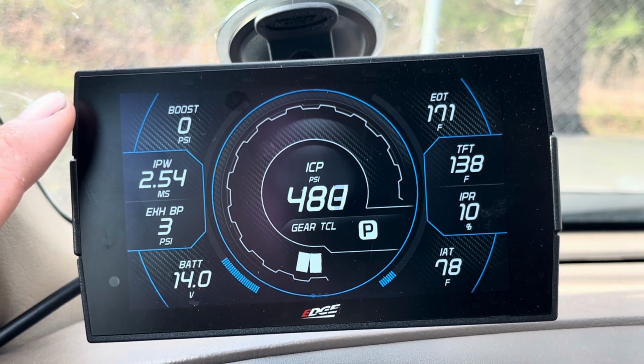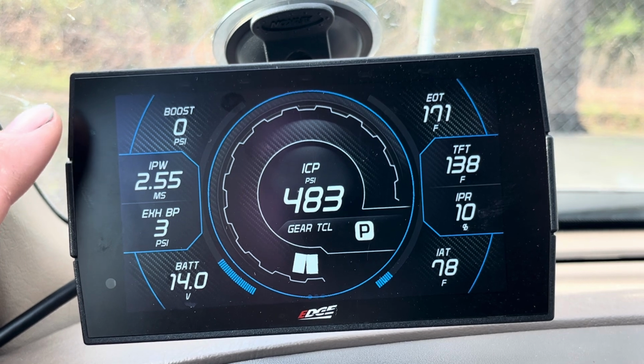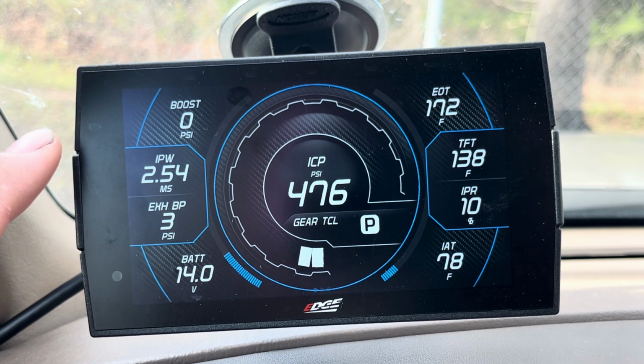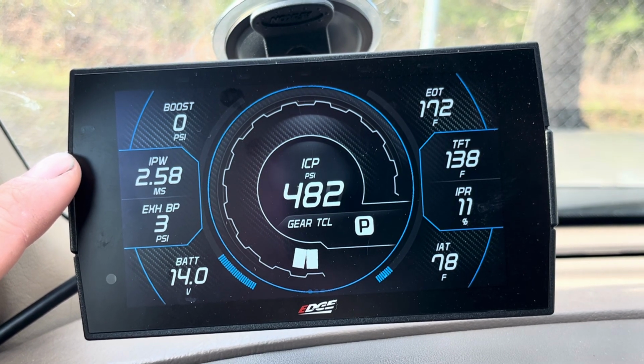It's not really super relevant. It just tells me that when I'm pulling a hill and I've got 10 to 15 PSI, I know I'm where I'm supposed to be. IPW, this one is ignored a lot. Injector pulse width. This is really important. On a stock tune, your injector pulse width at wide open throttle should be about